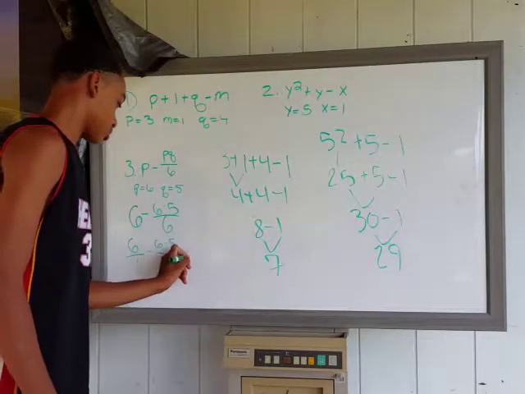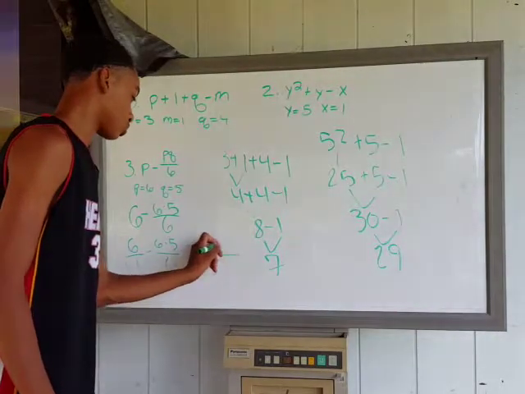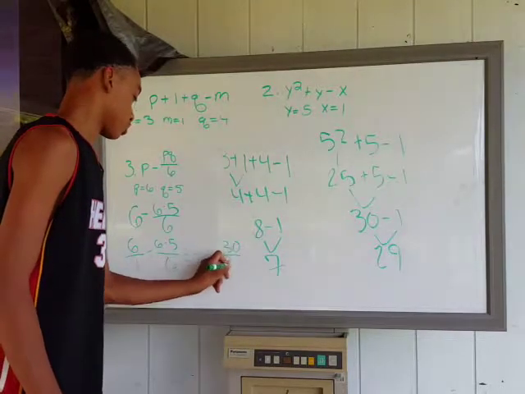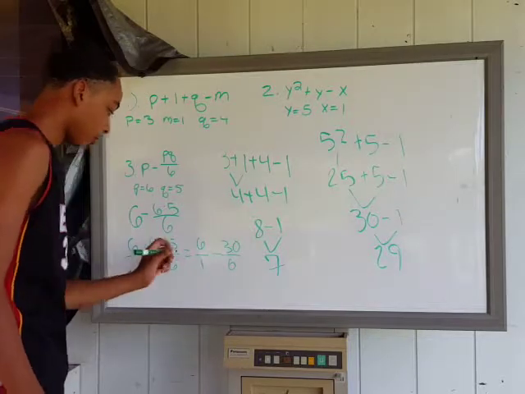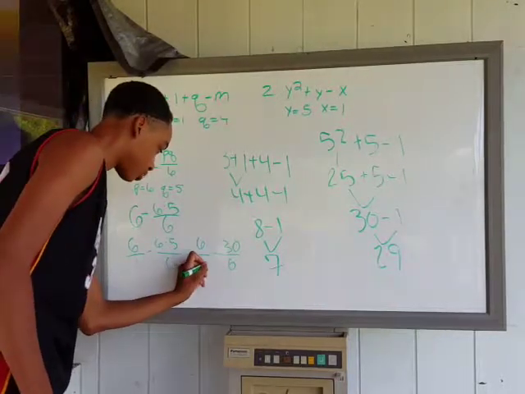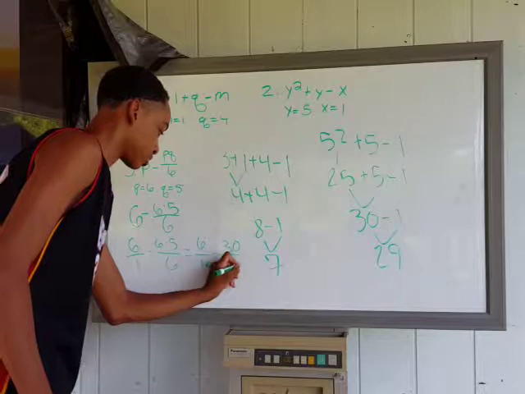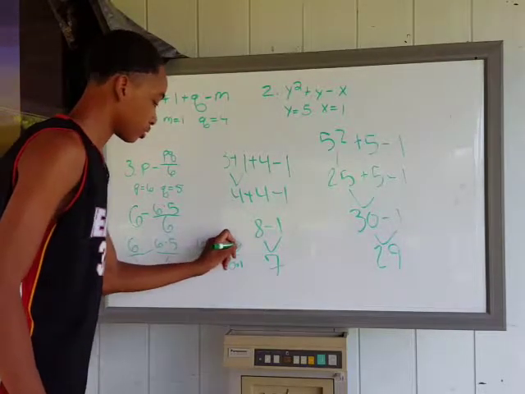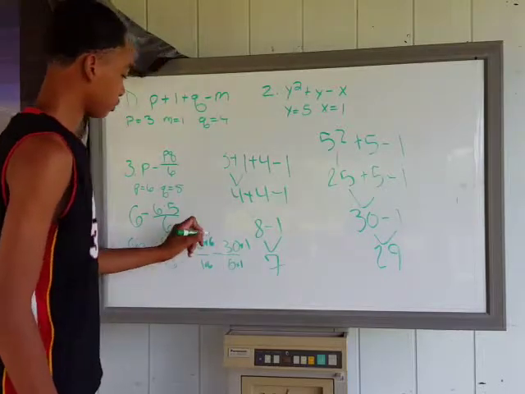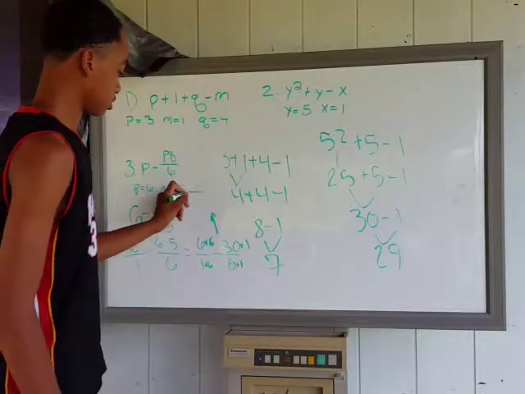And 6 times 5 equals 30. So it'll be 30 over 6 and 6 over 1. And so then now you do 1 times 6 and 6 times 1 and 6 times 6 and 30 times 1. So what you get now is